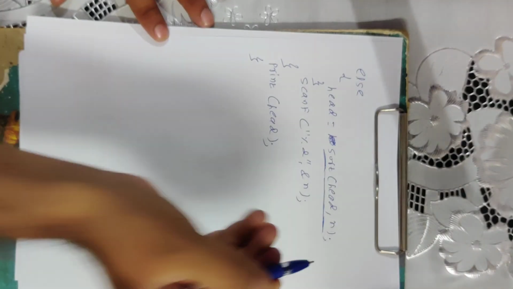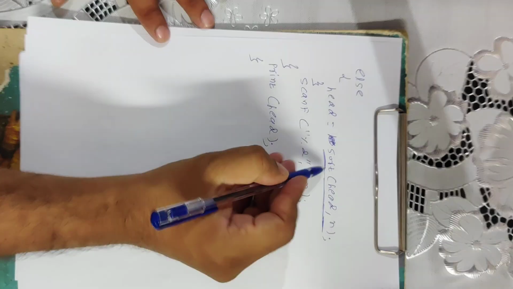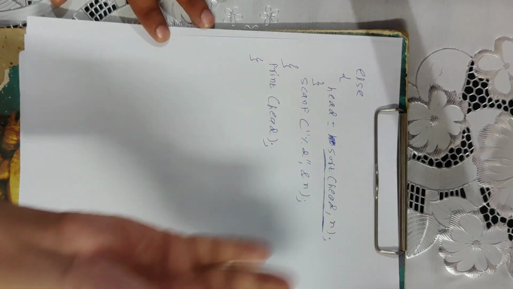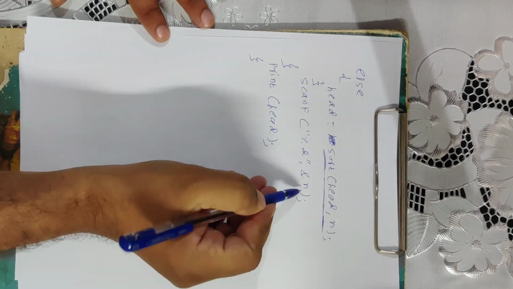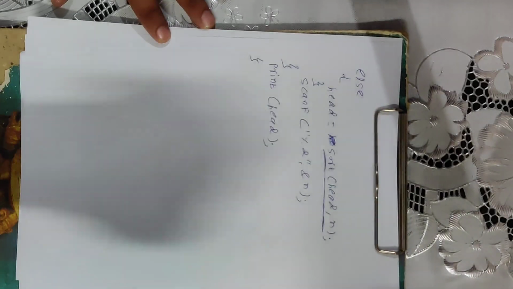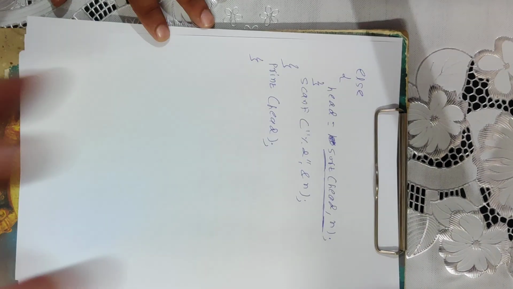I have not declared the sort function. Now we will go for the declaration of that, and in this your entry will be sorted. Once that is done, again it will scan a new value and repeat the procedure. It will come inside this and sort, and at the end I am printing it.